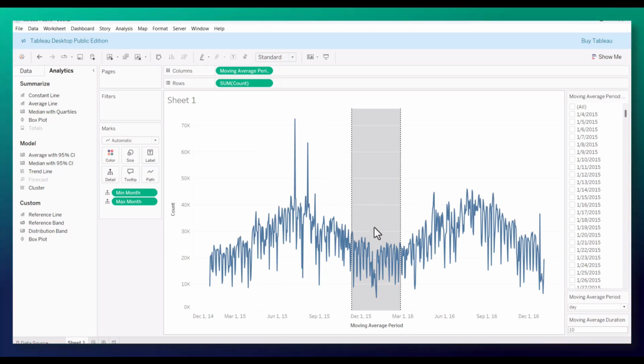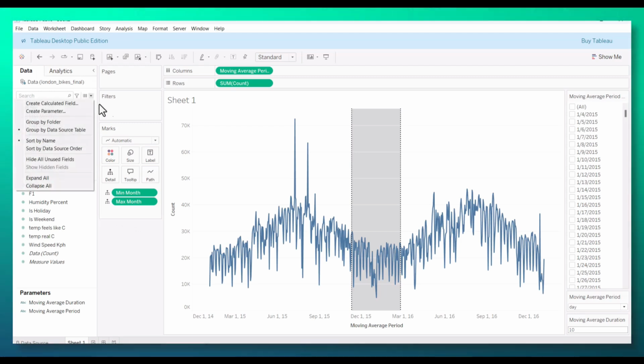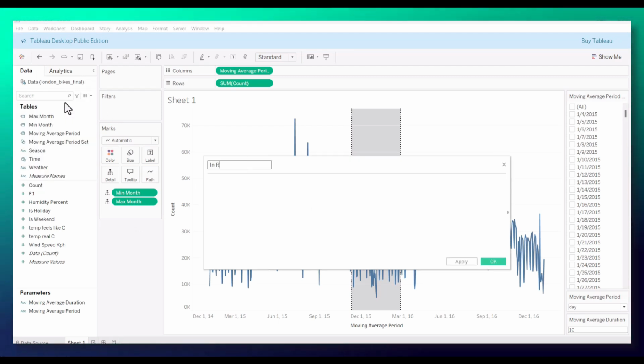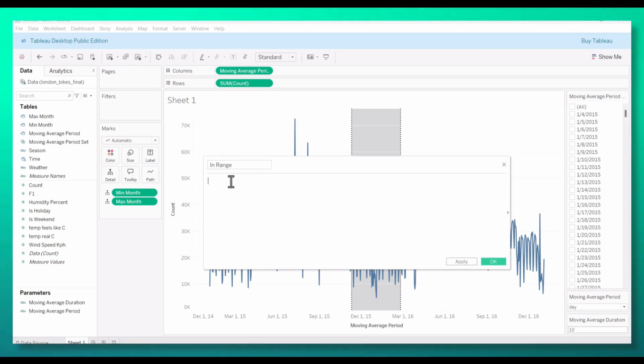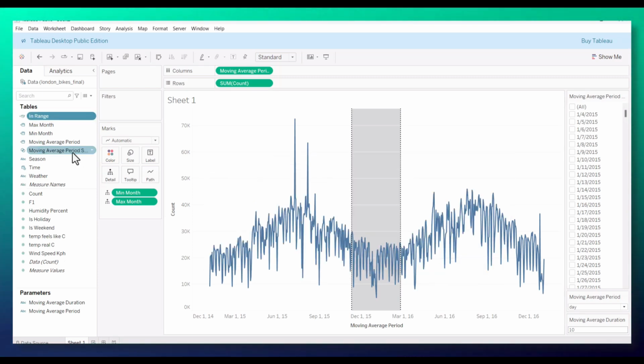Now what we have to do next, we actually have to highlight those parts of the line chart which we select. So I'll go to this data and I'll create another calculated field and call it in range, and the formula is going to be moving average period is greater than or equal to min month, and moving average period is less than or equal to next month. If I hit OK and then I drag this to the color tab, holding the left mouse button,